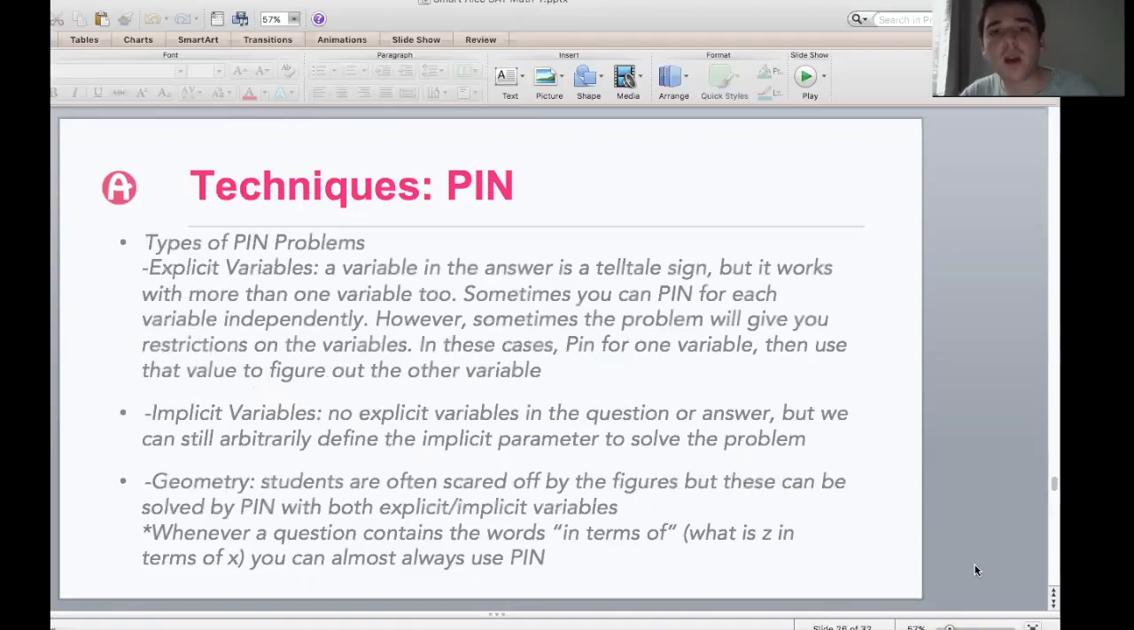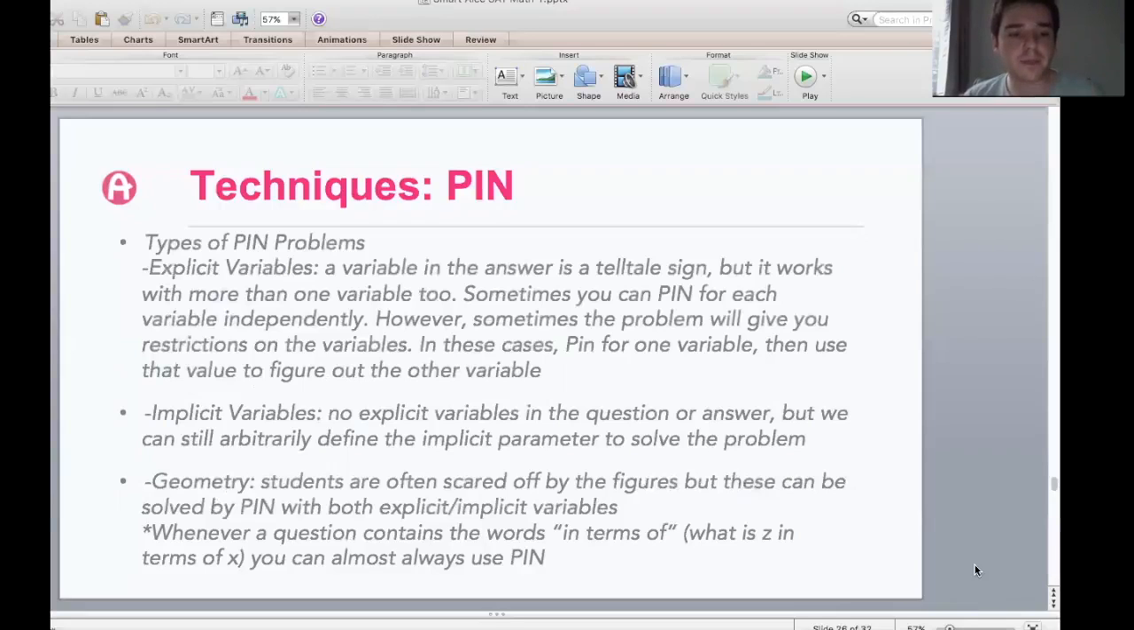Types of PIN problems. Where can you best use the strategy to make your life a little easier? You can use it with explicit variables, which is when the answers literally have variables in them. But it can also work when there are multiple variables in the answer. When that's the case, you can use PIN for each variable independently. And sometimes the problem will give you restrictions on the variable. When that's the case, you want to plug in for one variable, then use that value to figure out the other one. So sometimes there's a couple of steps to it, but it's often faster than the proper way of